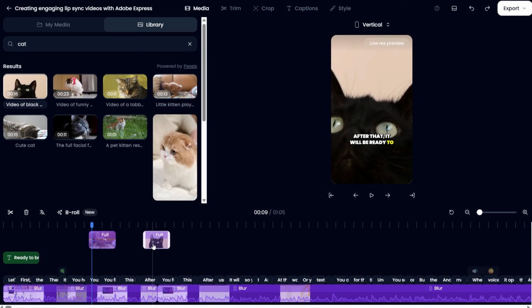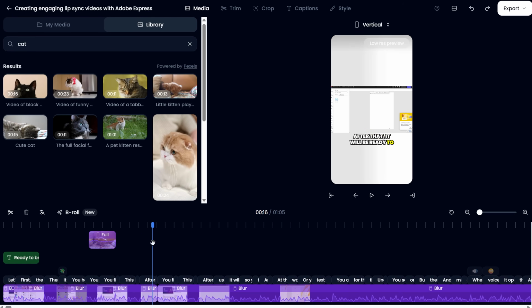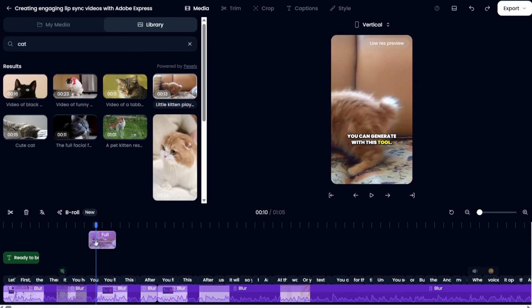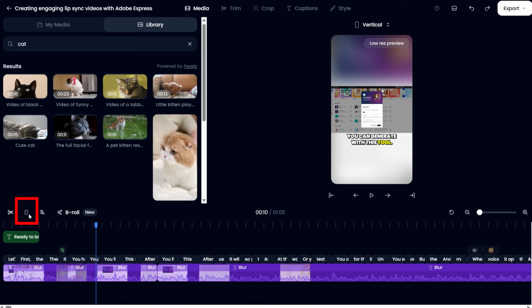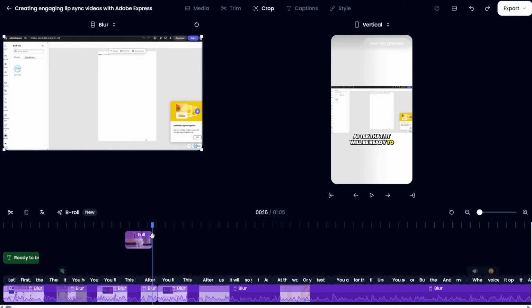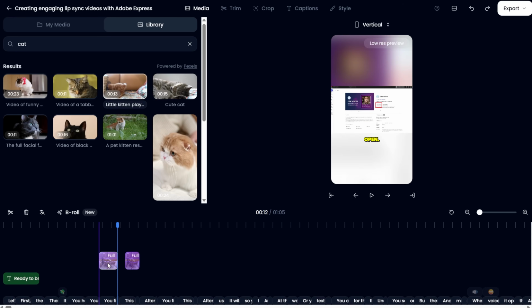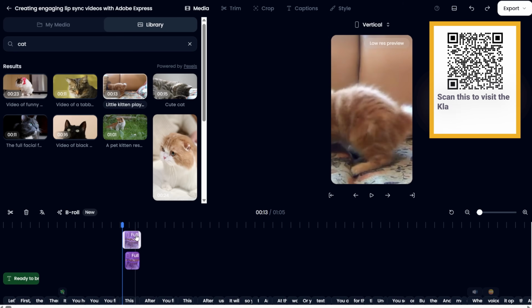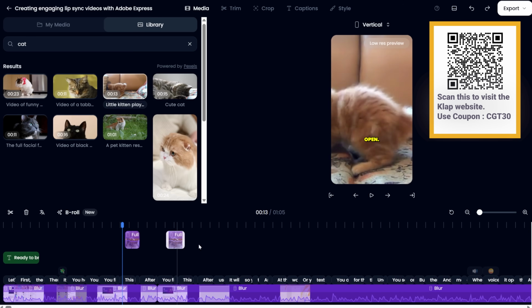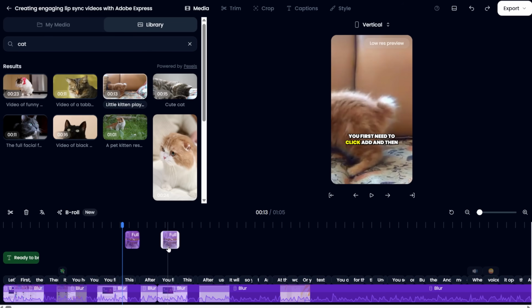To delete a clip you don't want, you can use the delete key on your keyboard. You can also click the clip you want to delete or any other part in the timeline, and then click the delete button on the left side. You can shorten the clip by dragging the end. You can also move the clip around by grabbing it with the hand icon when you hover over it and moving it to a different part of the video or to a different clip layer if you have more than